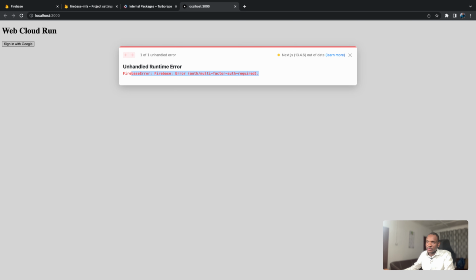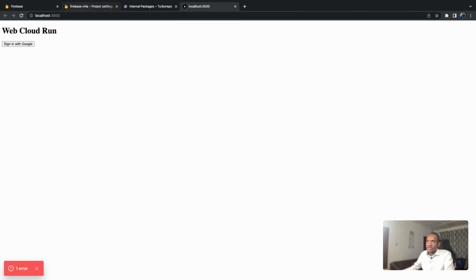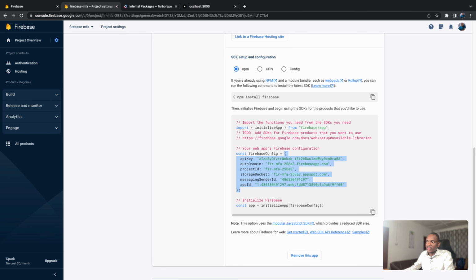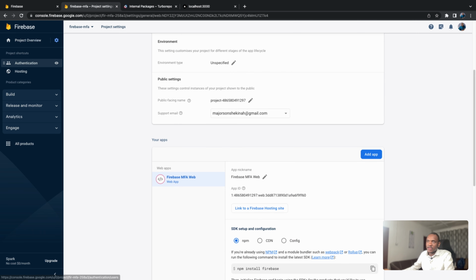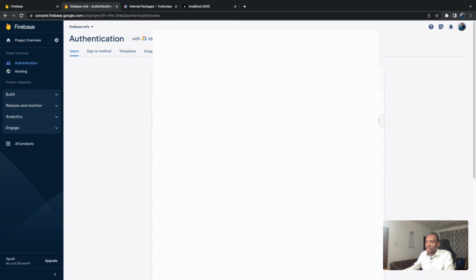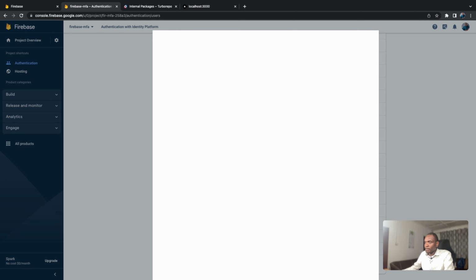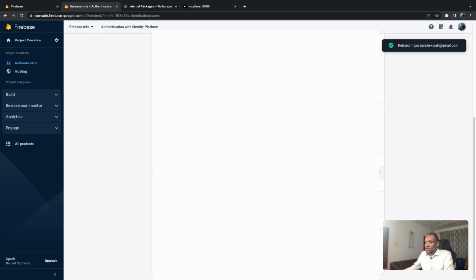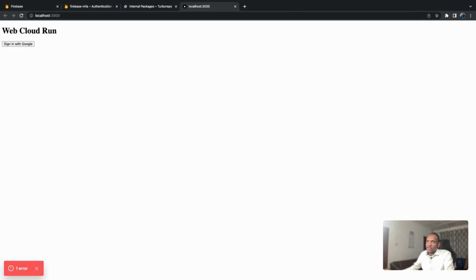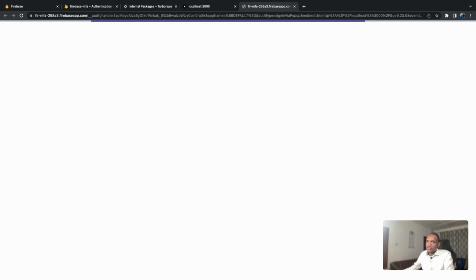This error is normal because I have also registered this email account into a second factor authentication, but I'm going to disable that to show you how to connect here from this account. So I'm going to get back to the authentication here, and I'm going to delete this email, so I will be able to make another connection again. We can get back here and reload our page. We can refresh that and open again, sign in with Google,